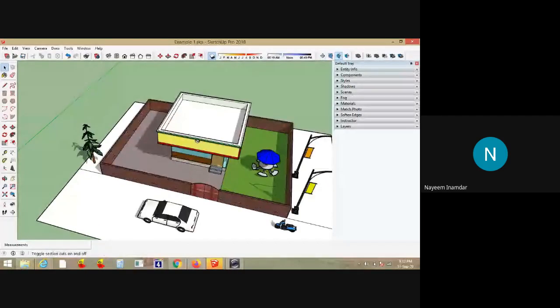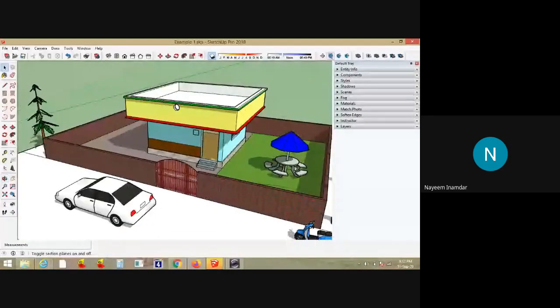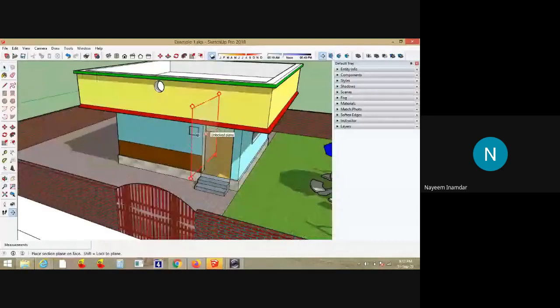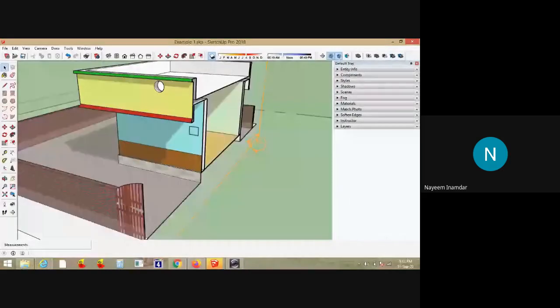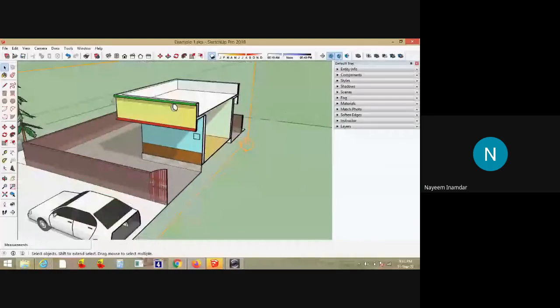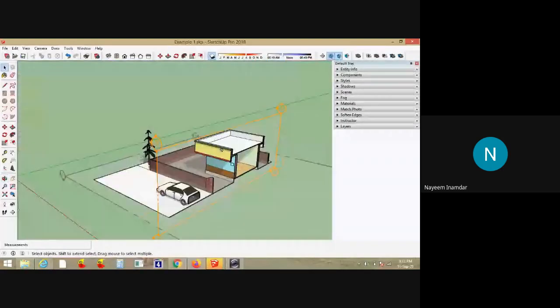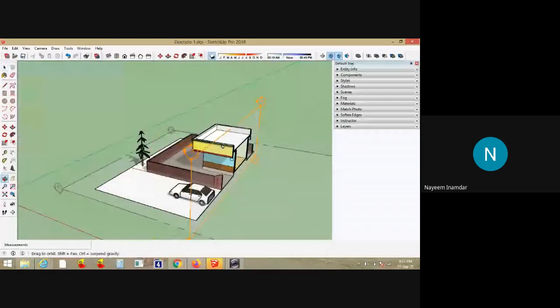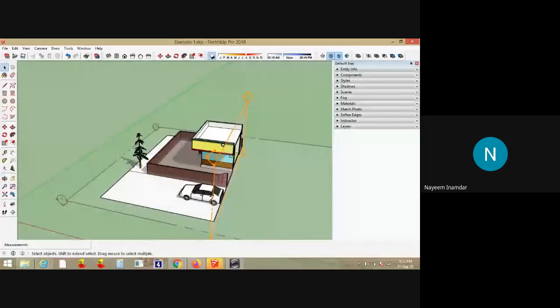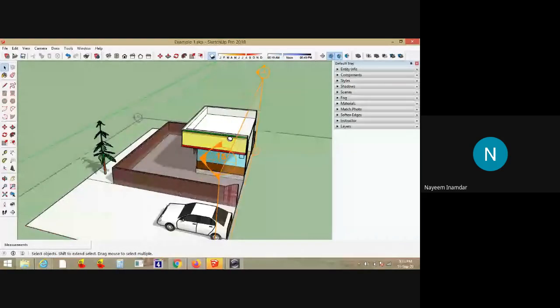Just let me exit. Suppose you wish to have a section plane at this particular location in the direction which is perpendicular to this door. The section has cut here, you can see. So this is the section, only the part which is remaining at this portion. This is the arrowhead. Whatever things are remaining in the direction of the arrowhead, only those parts are visible.